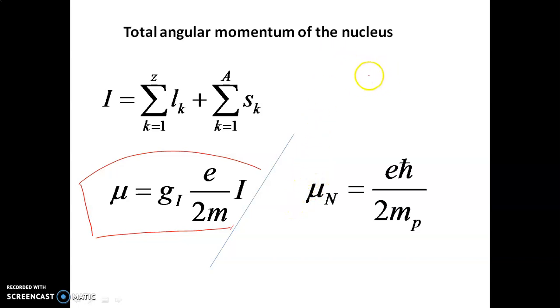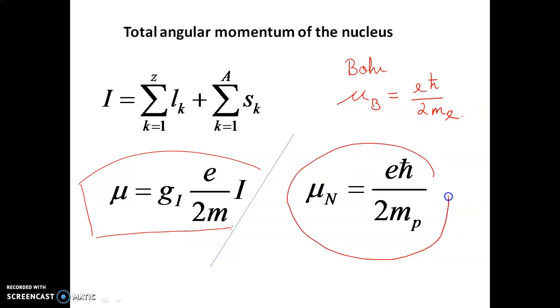You know that in case of an atom, the magnetic moment is measured in terms of the Bohr magneton. If you remember, the Bohr magneton is denoted mu_B, and it is equal to e h cross by twice m_e. But in case of a nucleus, this is the unit of magnetic dipole moment, and this is called the